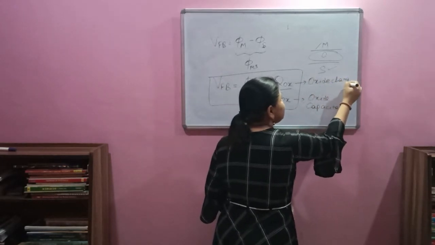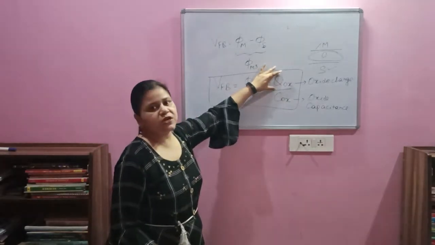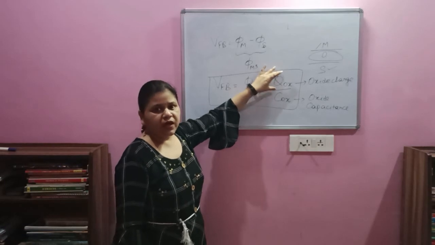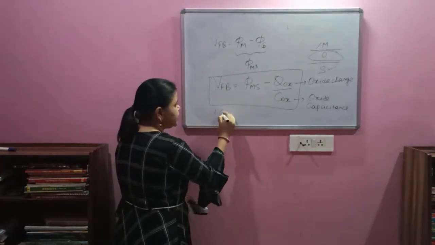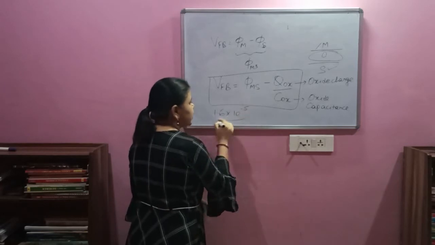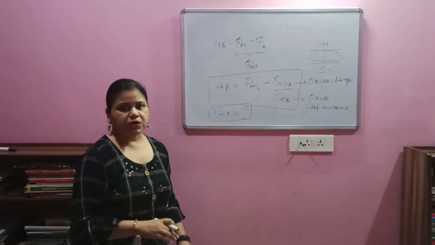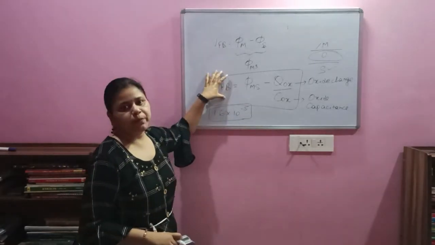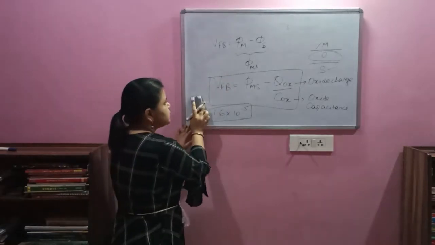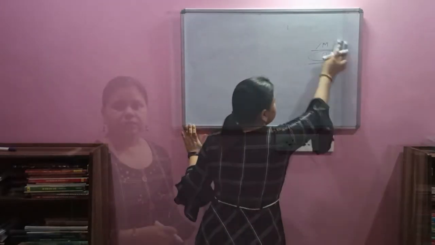We cannot null this charge. By any means we cannot reduce this oxide charge to 0, but we can reduce it to some extent, and that reduction can only be equal to 1.6 into 10 to the power minus 5. By this number only we can reduce it, we cannot make it 0. So obviously this will always be a part of the flat band voltage. These are some concepts of the MOS structure which we have discussed just now.